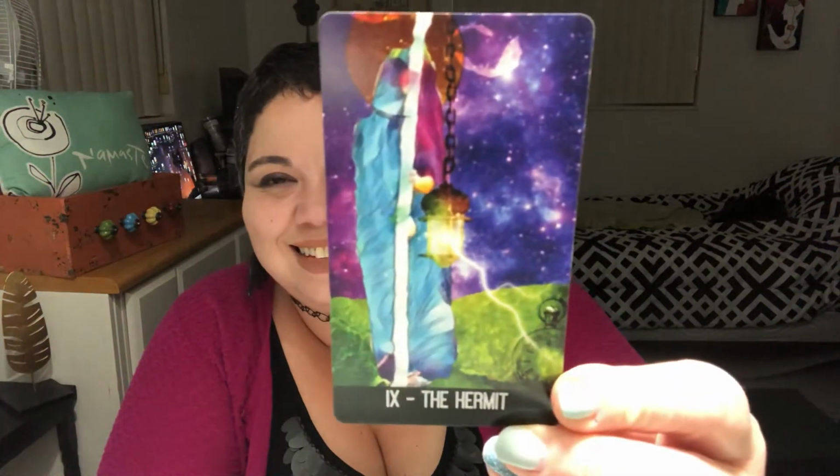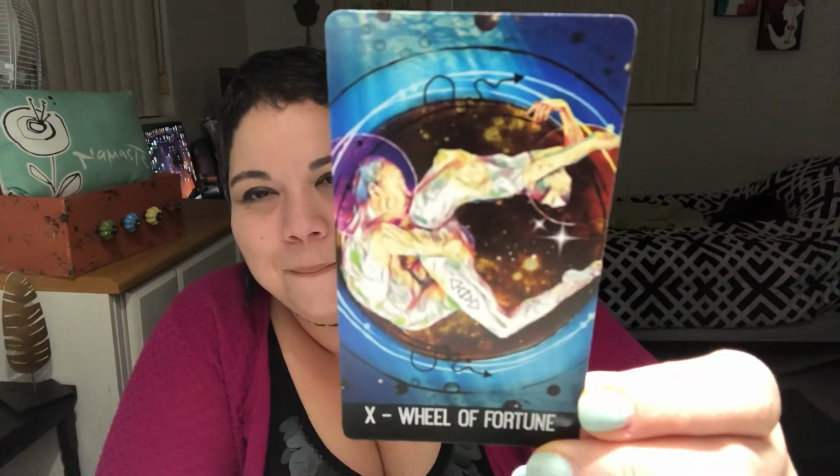The Hermit. This is another of my favorites. Wheel of Fortune. So this process, it was